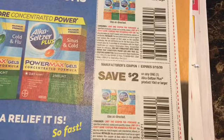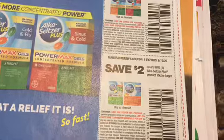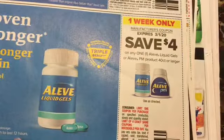I used this coupon at Walmart this week. They used to have these at the Dollar Tree. I haven't seen them in a while, so if you still got those at your Dollar Tree, use that coupon. They'll be free. Aleve,